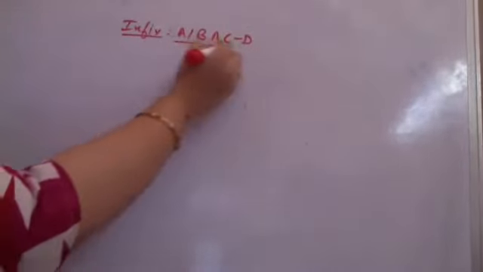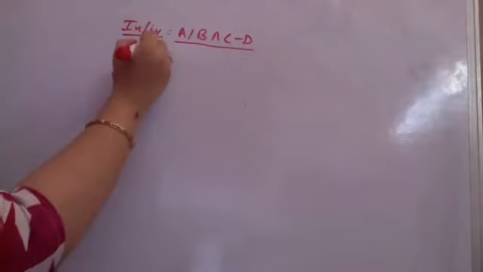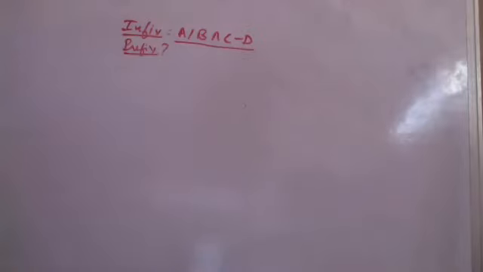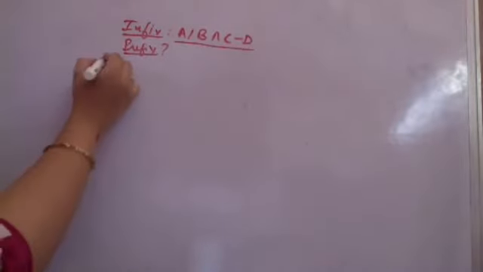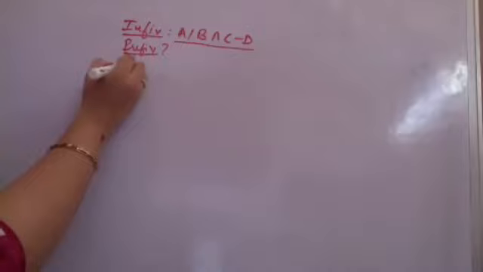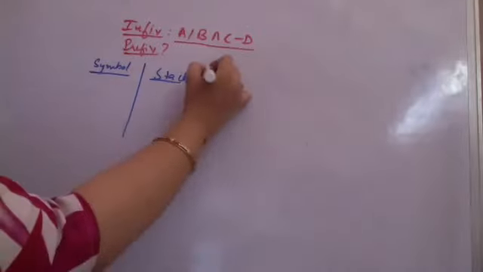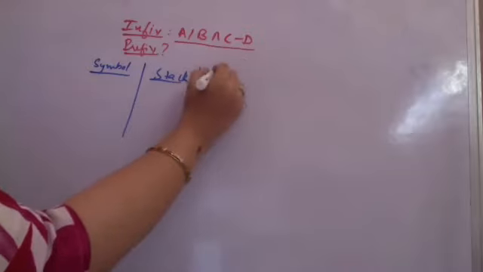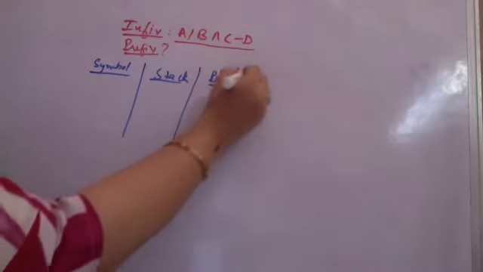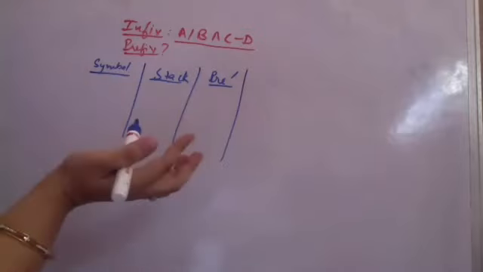So supposedly this is the expression that I am having, infix expression. A divided by B raised to the power C, minus D. So I have to convert this into a prefix expression. Again, I follow the same rules. I will read the expression from right to left. I have the symbol, I have my stack, and I have the reverse output string. You can also call it the complement of the prefix string, which is the reverse. You can write it that way also.